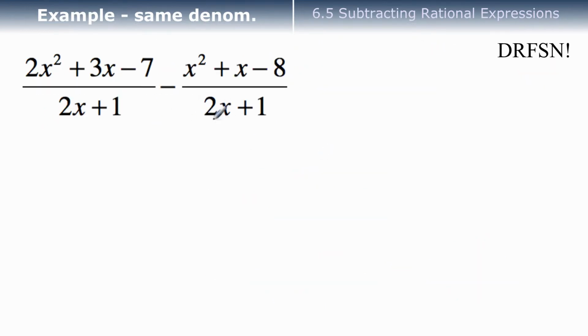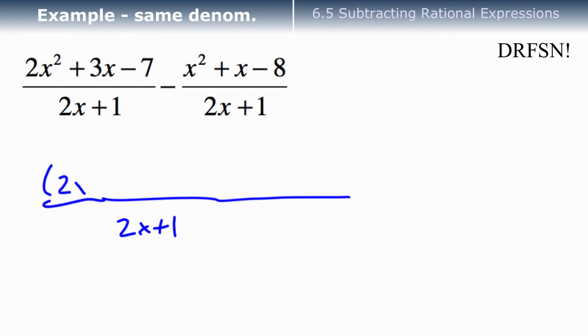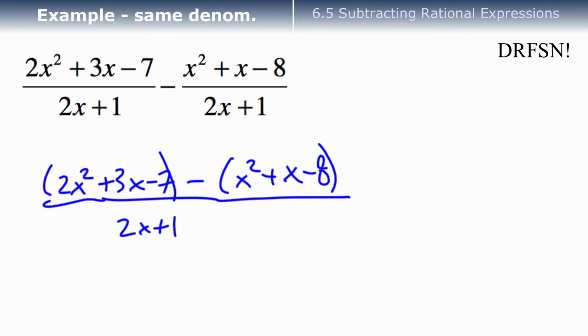Same denominator, perfect. I'll write it over one denominator. Might need a longer line. And then the top things I'll put in brackets. 2x squared plus 3x minus 7. From that, I have to take away x squared plus x minus 8. Now, if you can, without making a mistake, apply this negative to each thing inside there in this step, feel